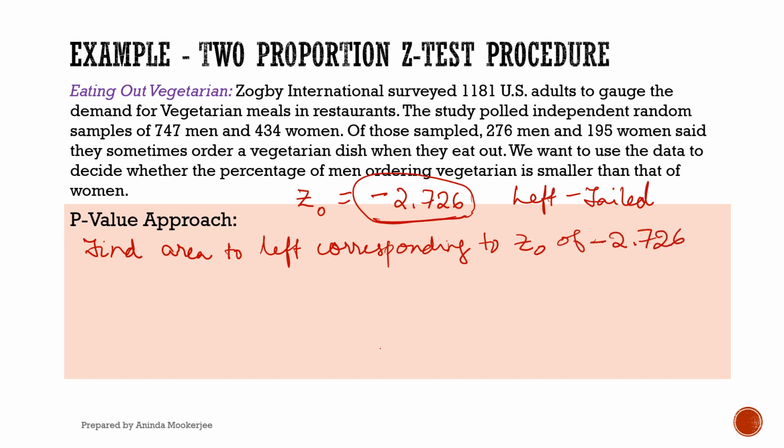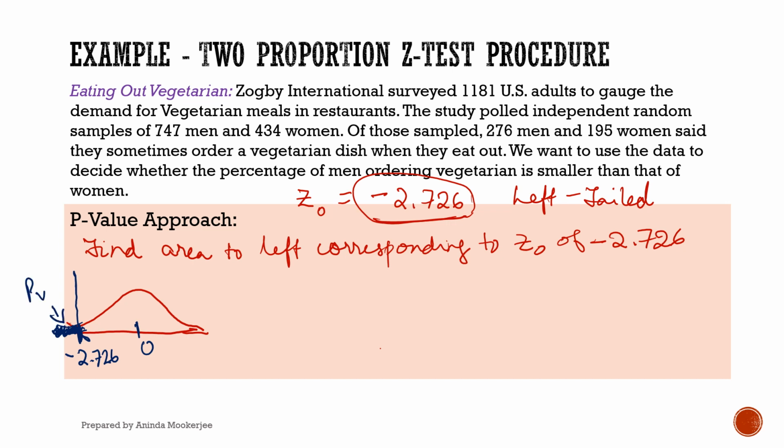So I'm going to draw my curve once again and show where negative 2.726 falls on the curve. It's way to the left of the center point in the picture. So let's say that's where negative 2.726 is, and this small area is going to be our